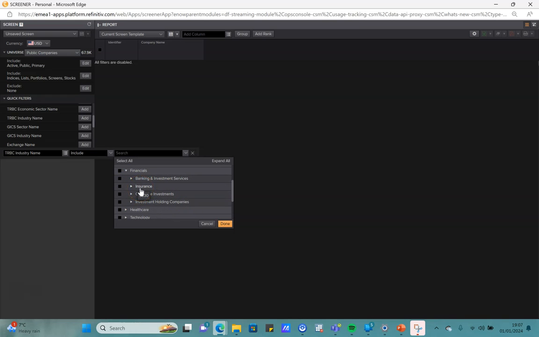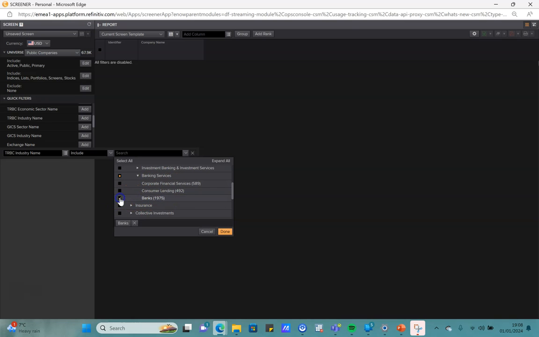So, for example, if you are focusing more on banks, now you can click on the banking and investment services, and then you'll see it also gives you two different types of information: investment banking and investment services, banking services. So, if you want to go further and filter more, you can click on banking services and extract